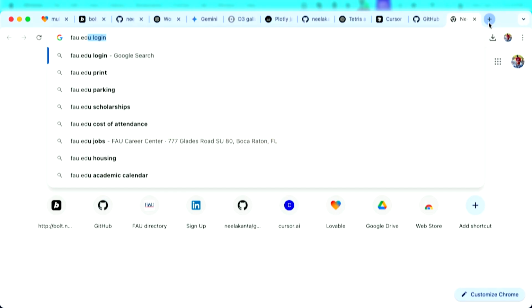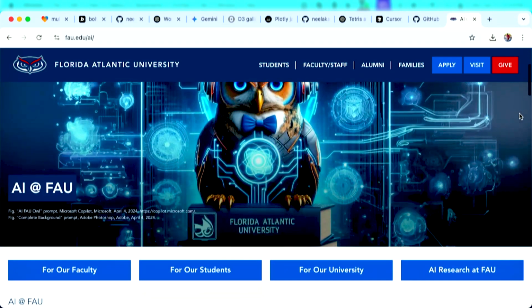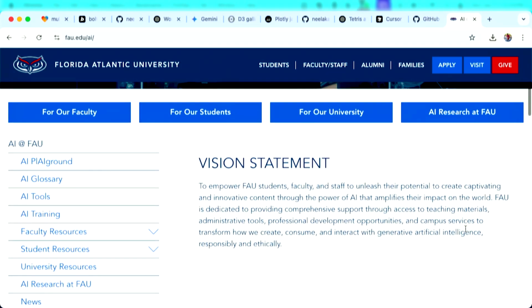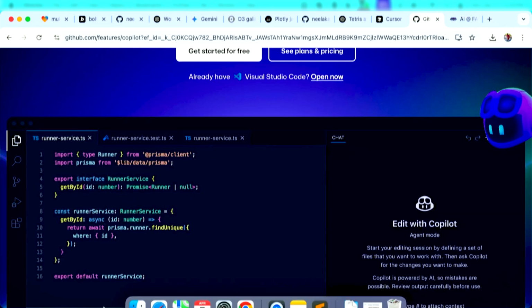I can definitely bring it up to the AI task force as well, which I think folks know, is at fau.edu/AI. That's the landing page for everything AI related at FAU. We hope you visit it, as well as the AI playground stuff that we have to talk about shortly.